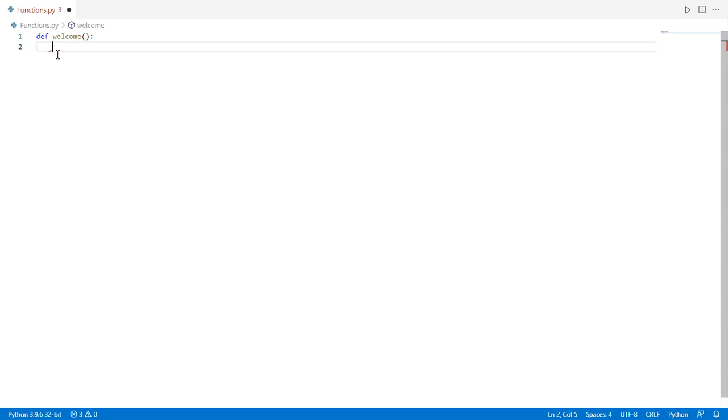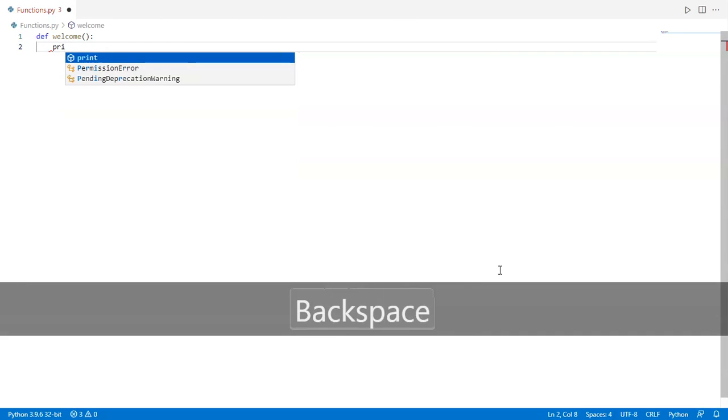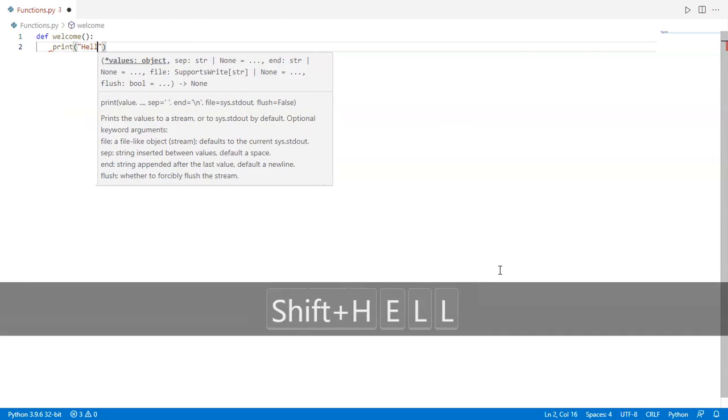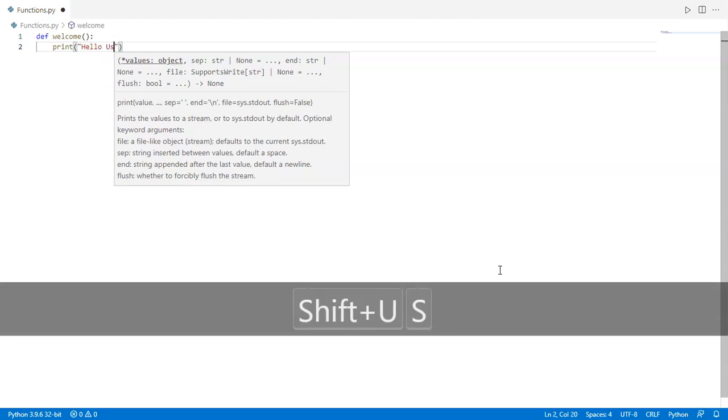Just as JavaScript has two symbols, here we use the same symbols. Then we type the action that needs to run when the function is running, like print hello user.